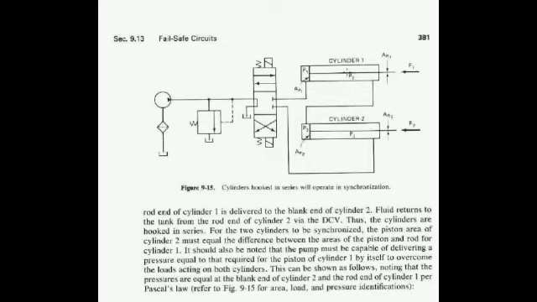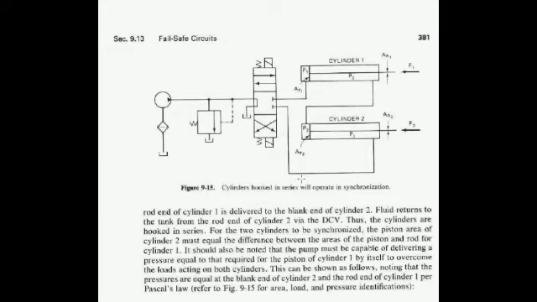So whatever amount of fluid we have on this side will be circulated to the blind end side of the second cylinder, and the rod end side of this cylinder will be circulated here in this manner, and that will be connected from B port to the tank port. This is in the parallel connection. Similarly in the cross connection, the pump port will be connected to the B port.